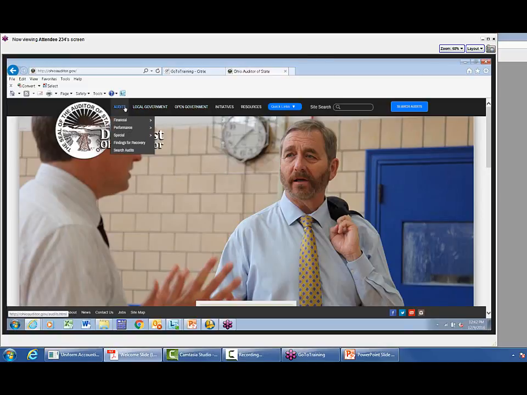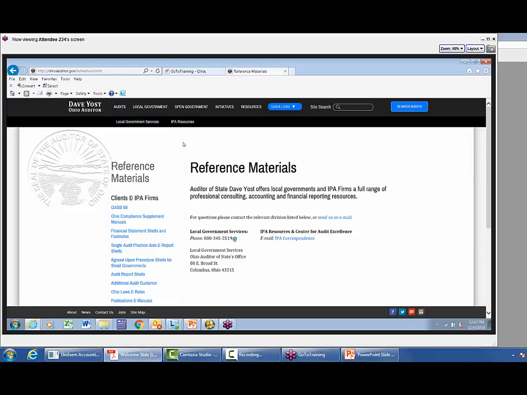Across the top of our website, you'll see Audits, Local Government, Open Government, Initiatives, and Resources. If you hover your mouse over the Local Government tab, it brings up a drop-down menu, and the first item in the drop-down menu says References and Materials. If you click on References and Materials, it will pull up another web page, and if you look down the left-hand side where it says Reference Materials, the third item down says Financial Statement, Shells, and Footnotes. If you click on Financial Statement, Shells, and Footnotes,